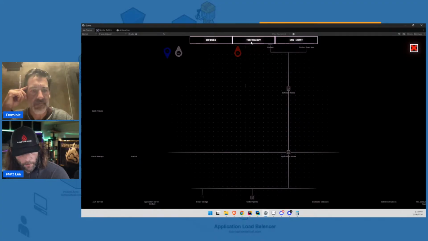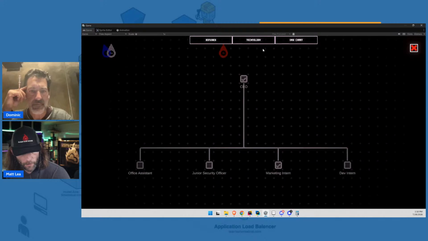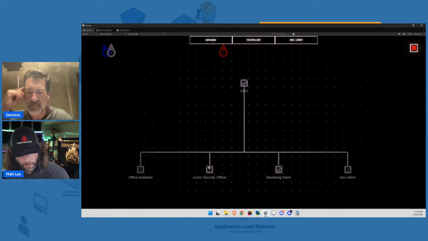I think I'm going to switch up how that works. And this org chart is everything. You basically can unlock quest givers. So you start off with the CEO, and then you can unlock other quest givers that give you more quests so you can play longer, basically. But I think I might do that in game instead of meta. So we'll get into that.